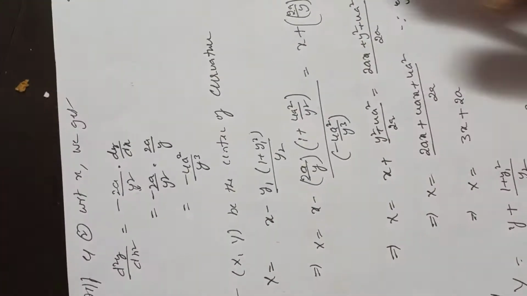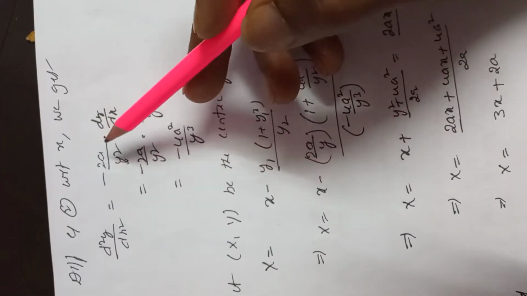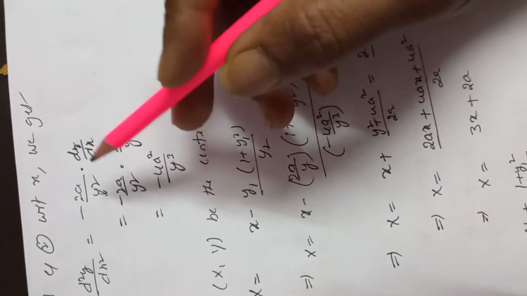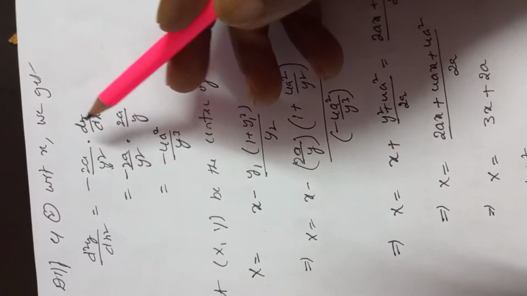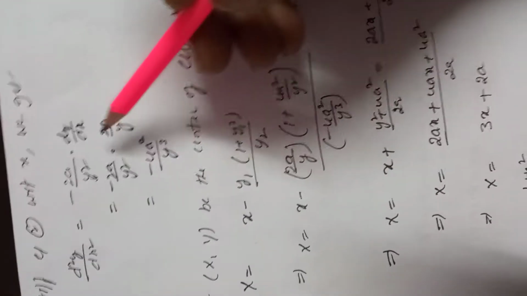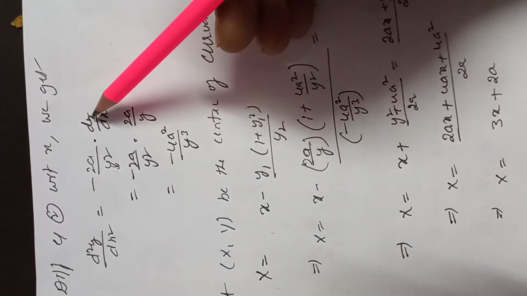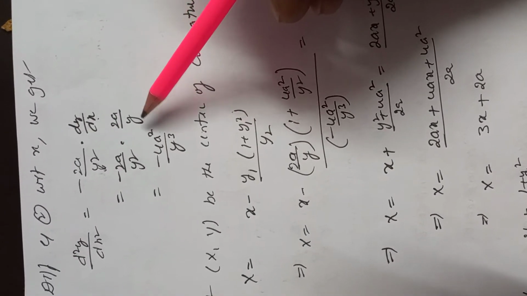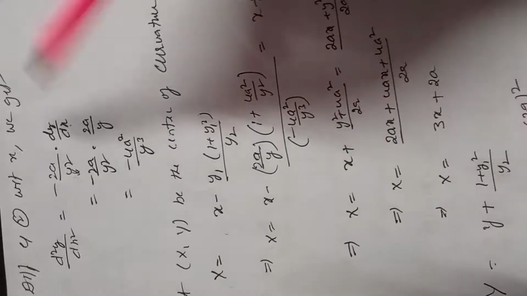Once again, if you differentiate equation 2 with respect to x, we get d square y by dx square is equal to, here 2a is constant, we can take it outside the differentiation symbol, 1 by y. The differentiation of 1 by y is minus 1 by y square into dy by dx, remember, right? Because y is a function of x, we are differentiating with respect to x. That is d square y by dx square is equal to minus 2a by y square into dy by dx. But we know dy by dx is equal to 2a by y. If you simplify this, minus 4a square by y square into y is y cube.